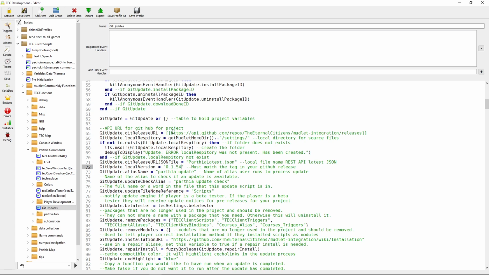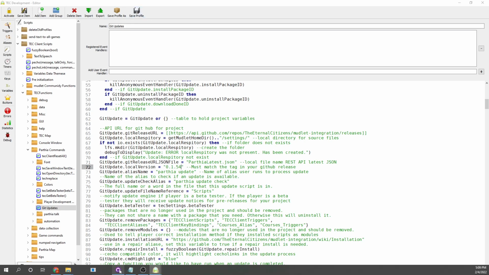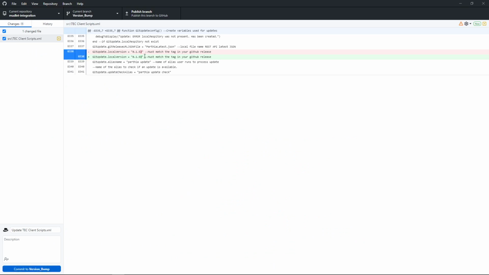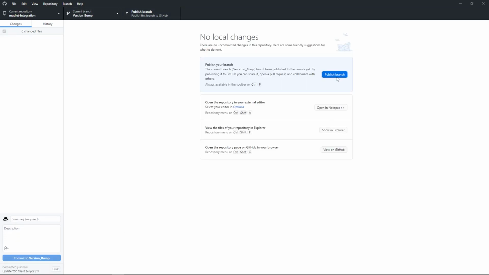So we're going to make certain it's saved. We're going to kick back to GitHub Desktop, make certain our changes are there. I've already made a branch for the version bump. I've not published the branch. Okay, so I'm going to commit. I'm going to publish the branch,